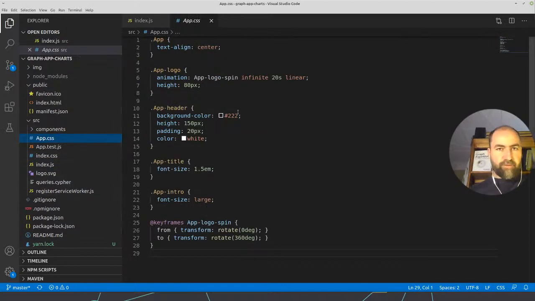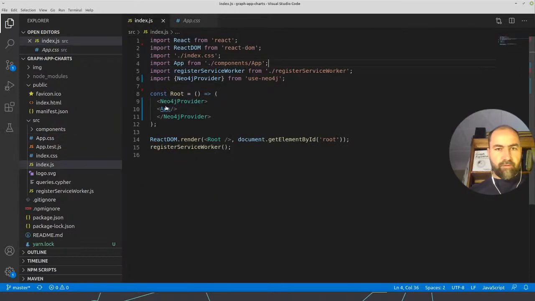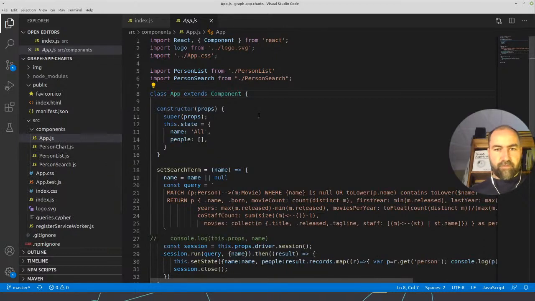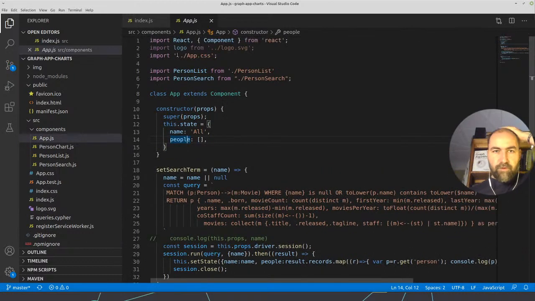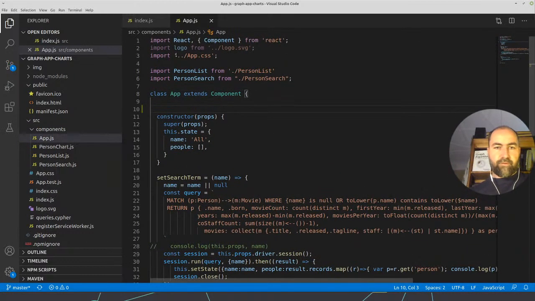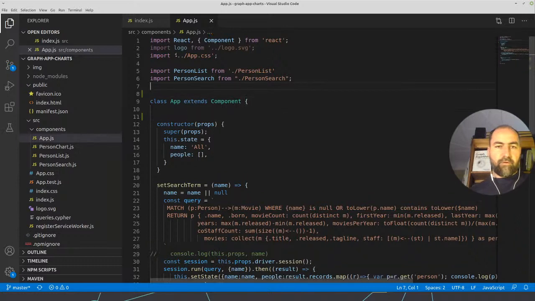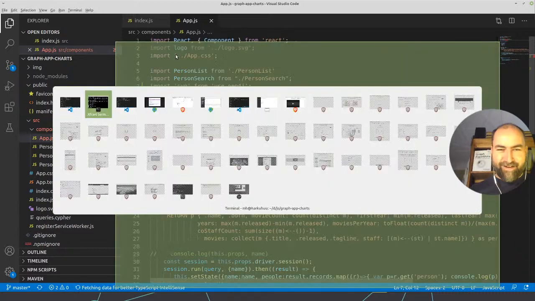So where's our app.js? I can't see it right now. Oh, it's just a default app? Oh no, here. And we want to use, import read cipher from use Neo4j. I can't remember this function name.